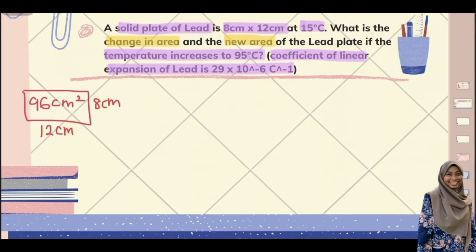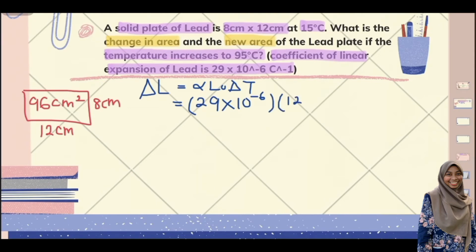Okay, 96 centimeter square. So to find the new area and change in area, we must find the new length and new width first. So to find the new length and new width, we must use the formula. Delta L means length is equals to alpha L naught times delta T. So the alpha is the coefficient of linear expansion of lead. So just substitute 29 times 10 to the power of negative 6 times L naught